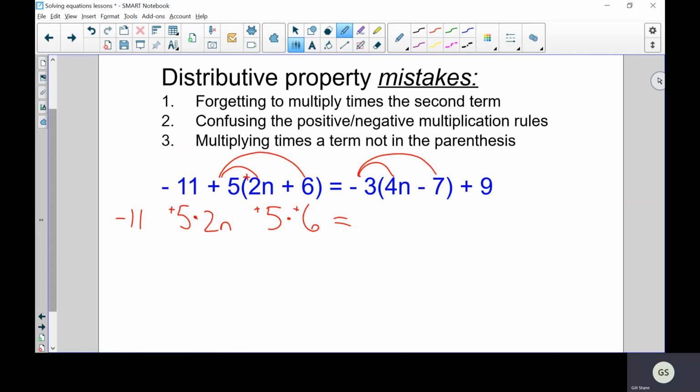So now I just repeat that same thing. Be careful of your positive and negative signs. This is a negative 3. So you need to make sure you write negative 3 times positive 4n. Again, I don't write addition or subtraction yet. I'll do that when I actually do the math. Negative 3 times negative, that subtraction sign is a negative sign with that 7. Whatever is directly in front of the number. So negative 7, and then again, I can write plus 9 if I want, or I could wait and do